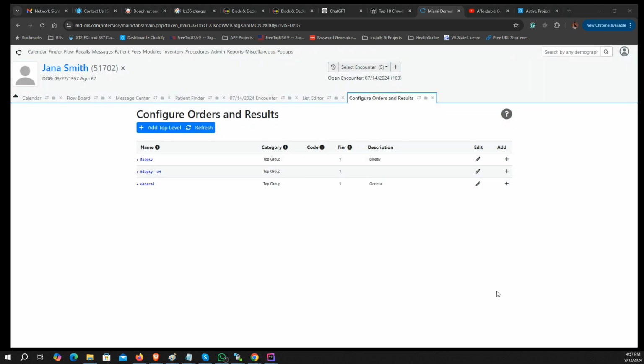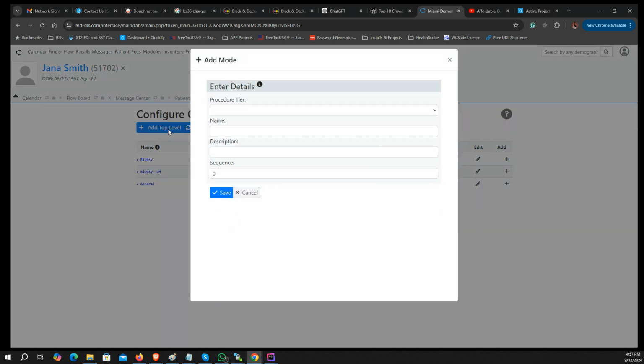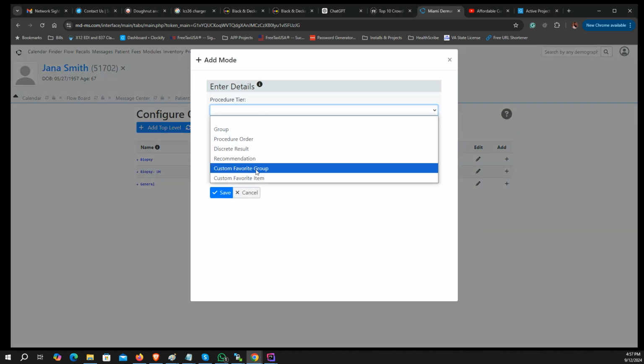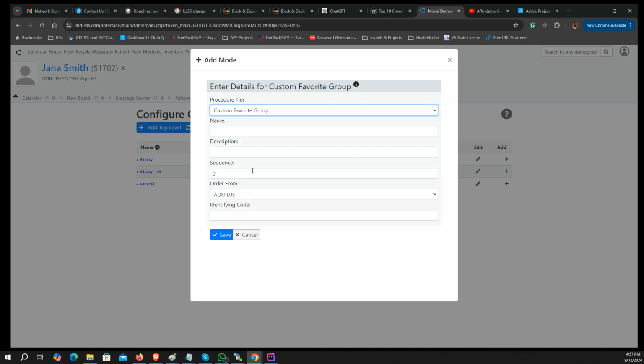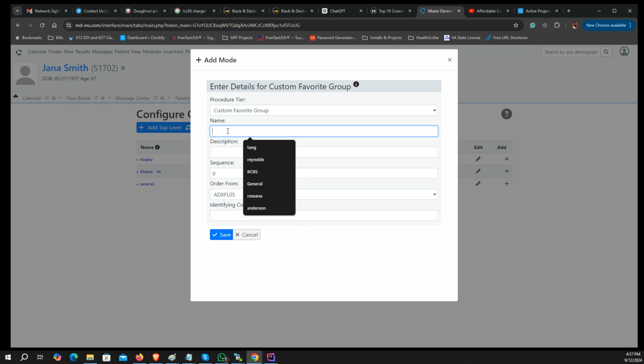Well, it seems like you have to do it from the beginning, according to the documentation we were reading earlier that I showed you, that you can go back and screenshot later. All right, so you have to click on Add Top Level first. And when you do that, then from here, you're going to create a favorite group or a favorite item. Of course, the first thing you need to do is create a group. And so we're going to call this group,